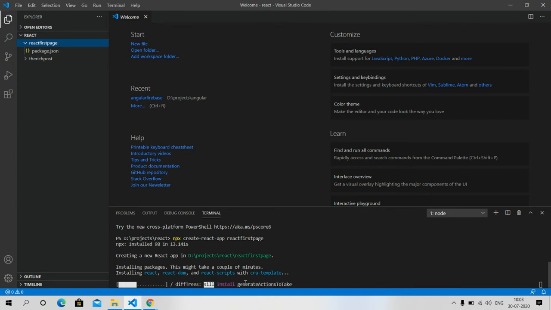After it, I will install Bootstrap into my React.js application and then I will make a demo page with Bootstrap in my React.js application. So friends, look, things are downloading.